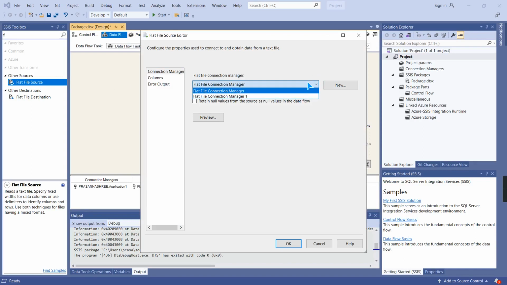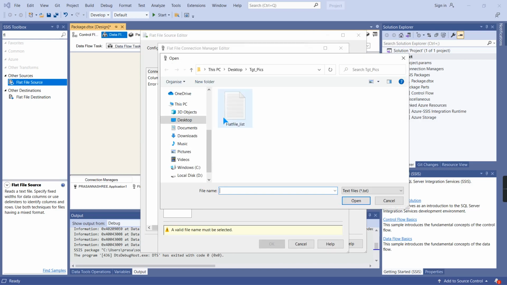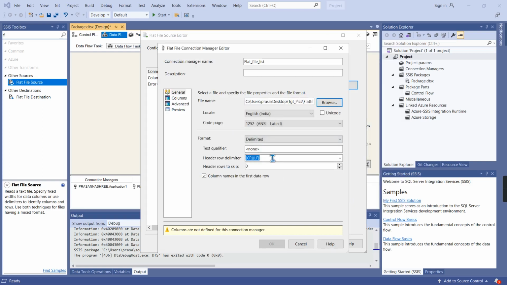I am going to create a new connection. I will provide the name as flat file list. We need to browse to that particular file. Click on this file. So my path is this one. Give open. You can see here the delimiter is already CRLF by default.